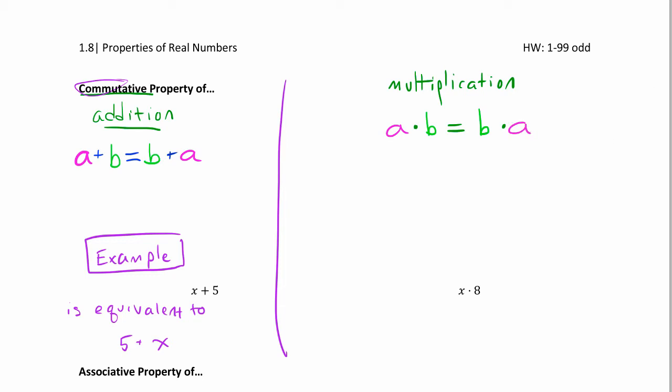Here's another little example. Sometimes these problems confuse people because they don't understand what they're being asked to do. They'll say, use the commutative property to rewrite the following expression. Instead of x times 8, you can rewrite that as an equivalent expression,